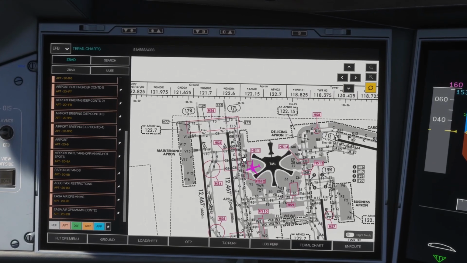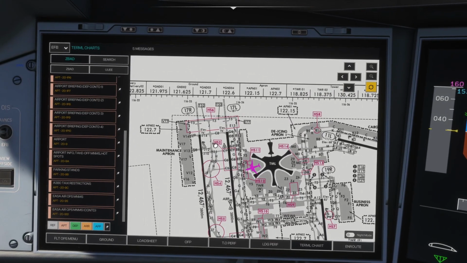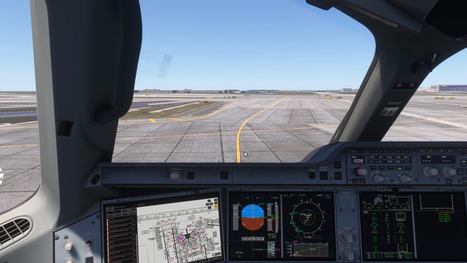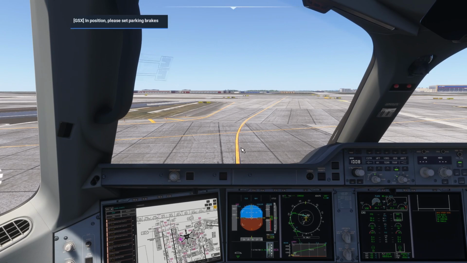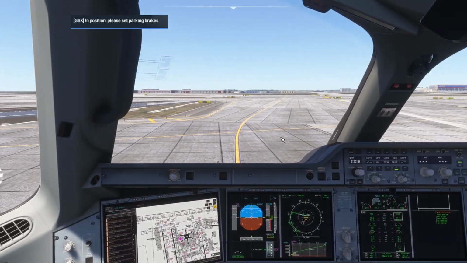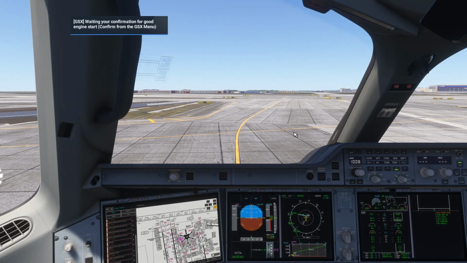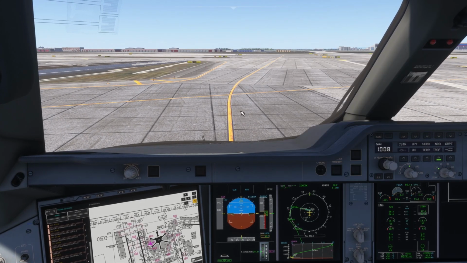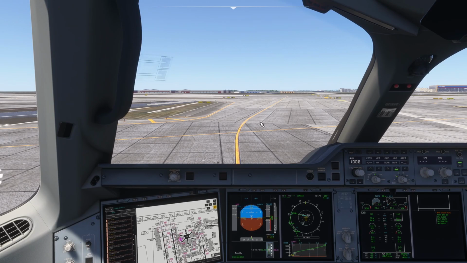Fairly short taxi today, 17 right, so we'll just cross 17 left and take off. So it looks like the wind's changed after I landed. Set parking brake. Waiting your confirmation for a good engine start. And you will receive, cockpit to ground: we have a good engine start. You can disconnect.